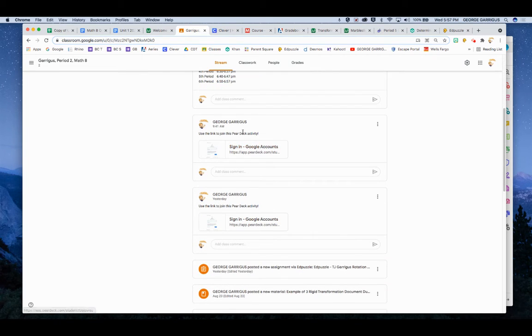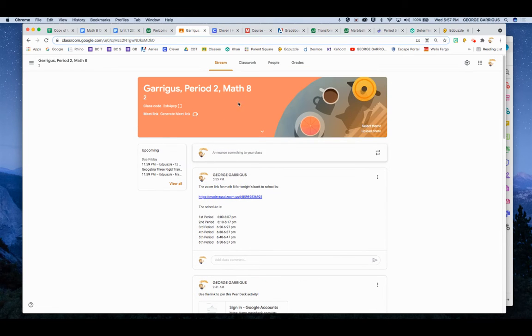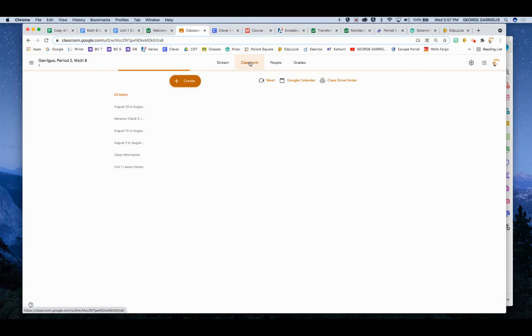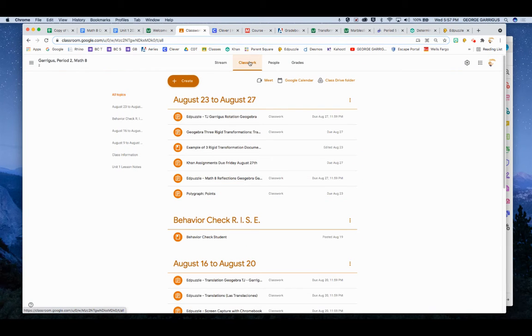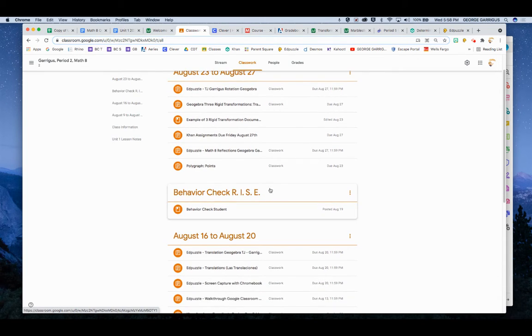We do a lot of Pear Deck activities, which is the slideshow and the links for the day's activities. Your kids are going to find all of their work here. So if they're absent, this is a great place to go. We separate by weeks. You can see there's a lot of assignments due on Friday. We've done some Ed Puzzles and some GeoGebra. This is the different kinds of curriculum. And some rigid transformations. Some Khan Academy is due. And this is my second period class as an example, and a fun Desmos activity.